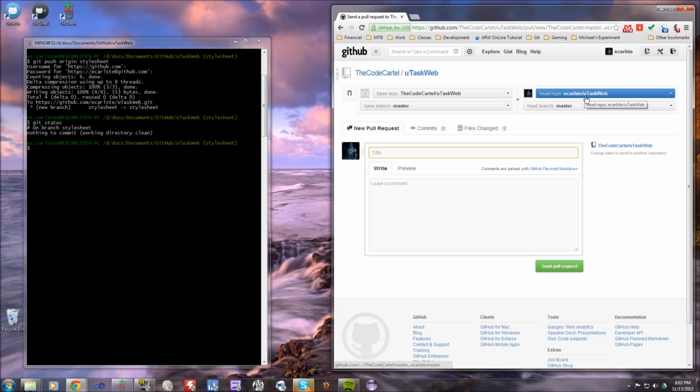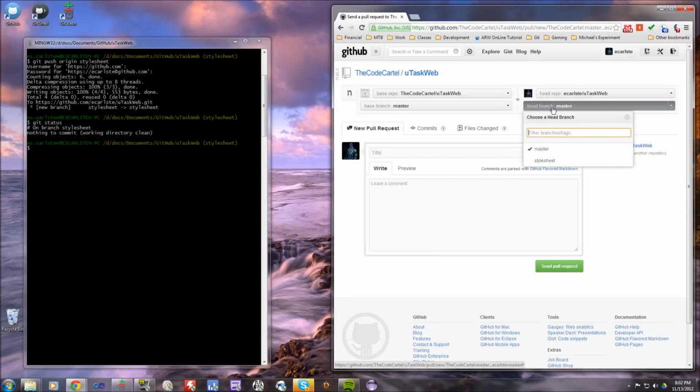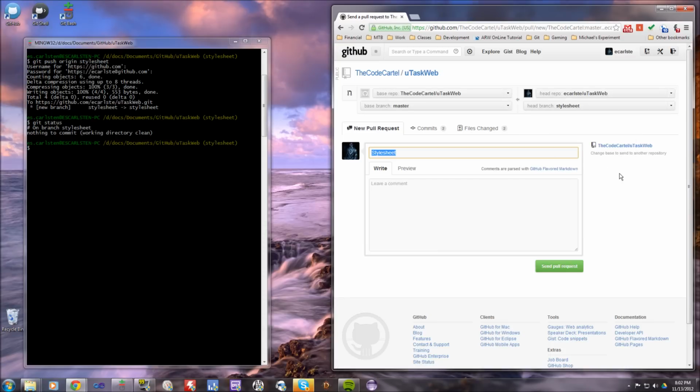I want Code Cartel to pull code from my repo, eCarlsD UTaskWeb, and merge it into the Code Cartel's UTaskWeb. And I don't want to send master, I want to send style sheet. So I want them to merge style sheet into their code base,